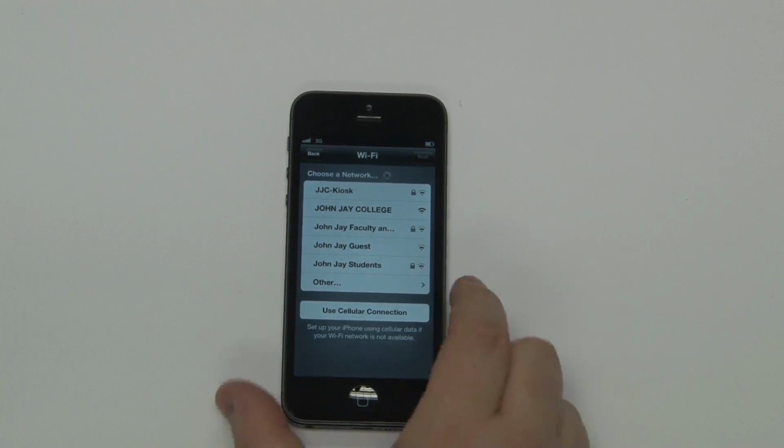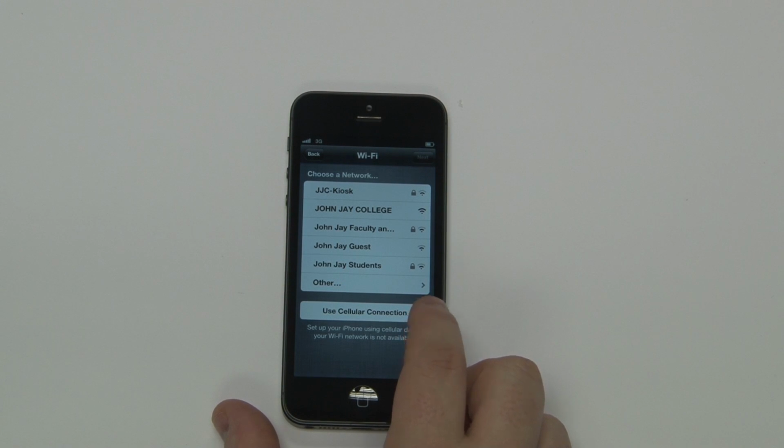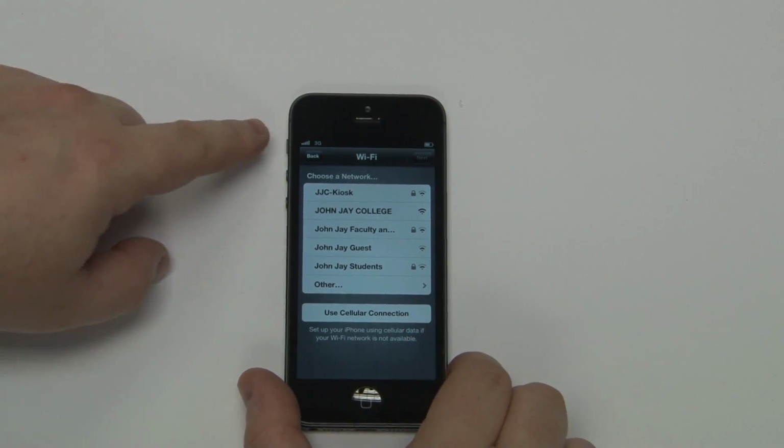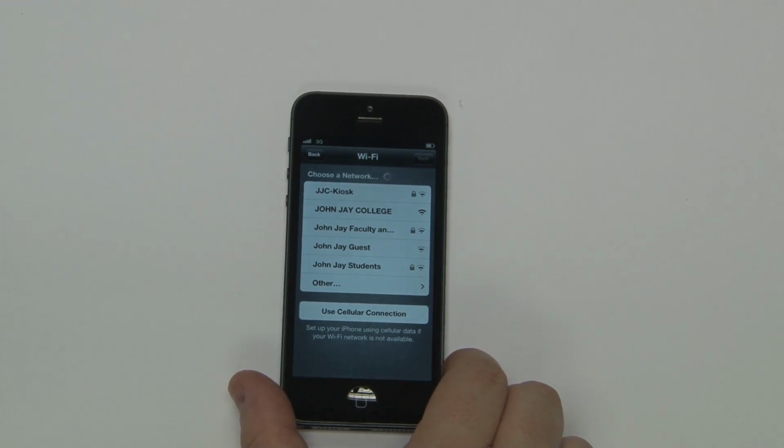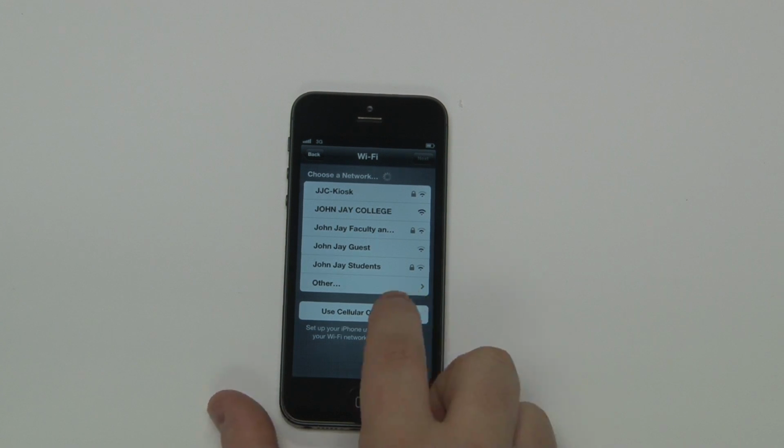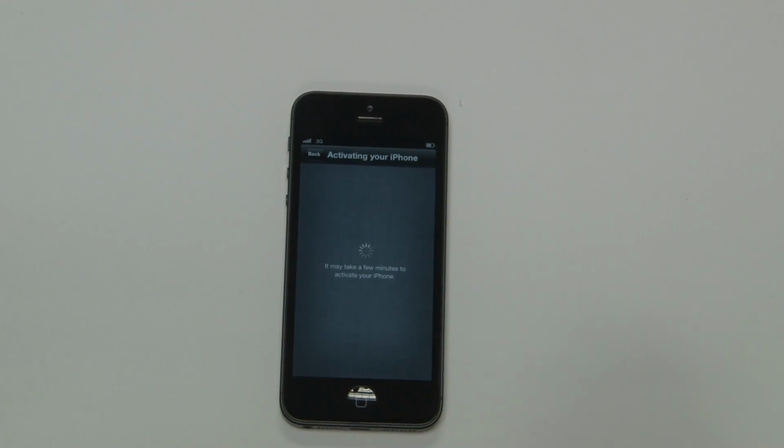I'm going to try to set up over the cellular network. It's already connected to, if you could see up on the top, the 3G network. I'm hoping this will connect to the 4G network. I'm in the middle of Manhattan. We have a fairly robust Verizon LTE network, but I'm sure there are a lot of other people setting up iPhones today, and the demand on the 4G system is significant. So I'm going to try using the cellular connection,